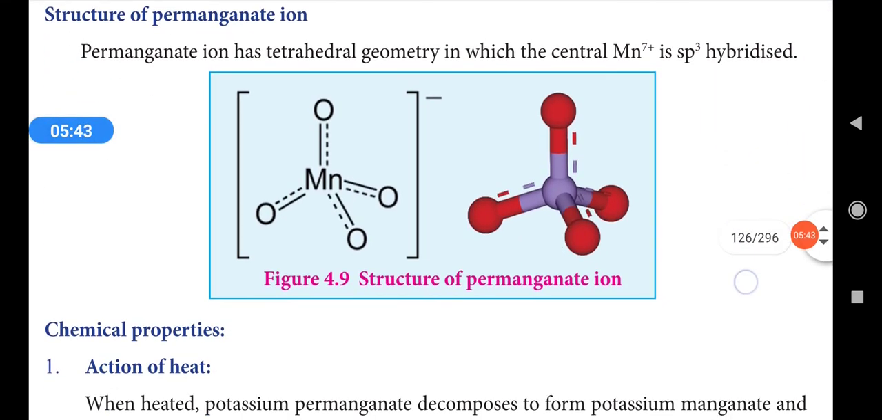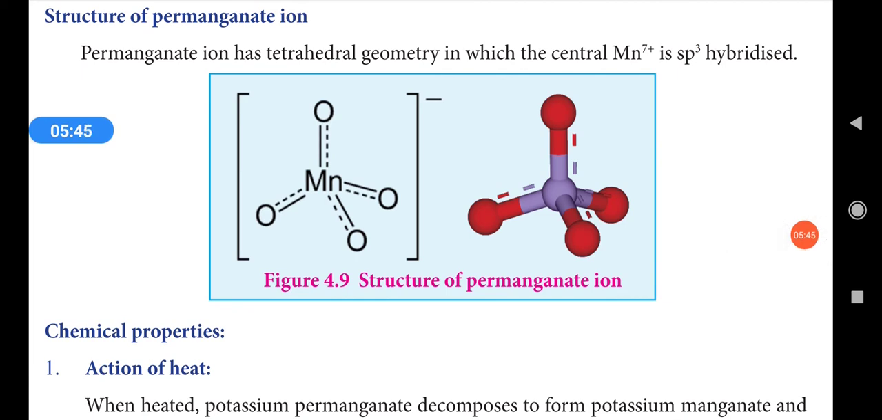Let's discuss the structure of potassium permanganate. They have not given potassium permanganate, only the manganate ion has been given to you. So the manganate ion exists in tetrahedral geometry. So manganese ion